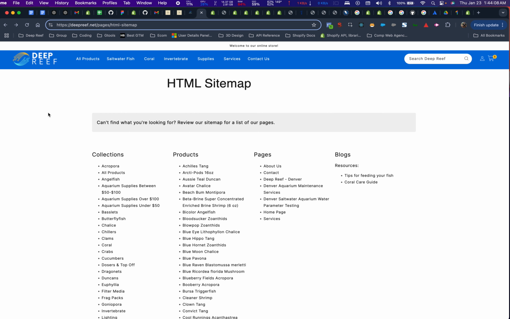Alright, so the date is January 23rd, Thursday, 2025, around 1:45 a.m. Recently made a code update just a few minutes ago to Exquisite Sitemap, so then it